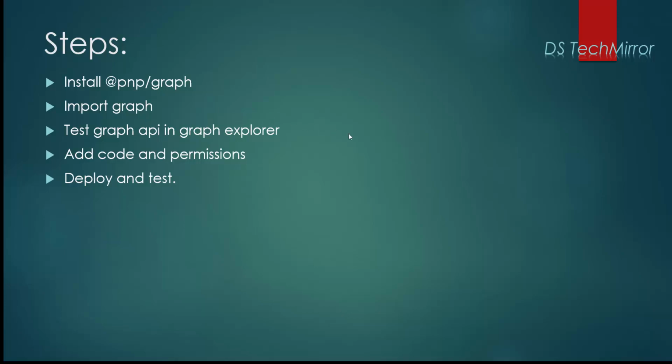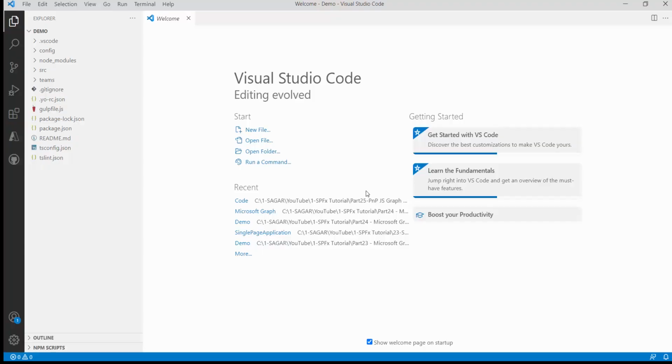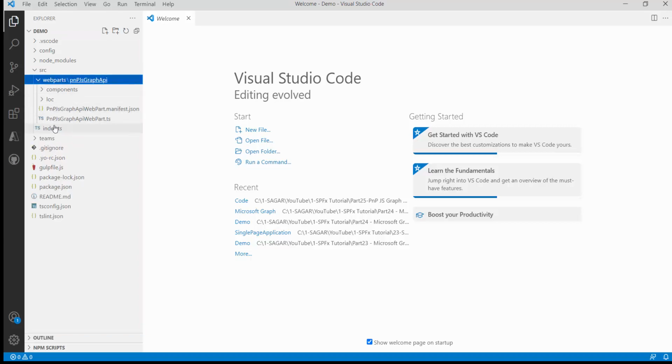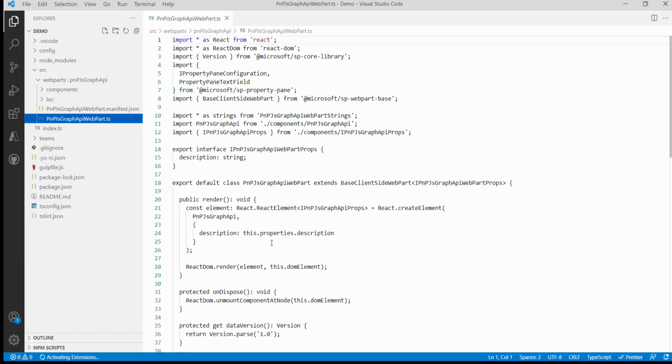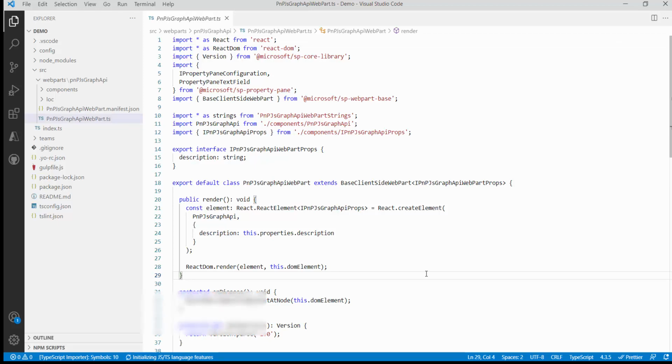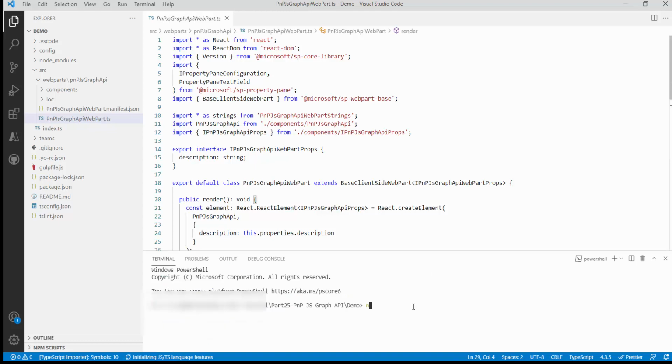So now I will move to VS Code directly. I have already created one blank client-side web part solution using SharePoint Framework with React. So my solution is ready, and I will directly start working on it. Before that, as I told you, first of all I will be installing the Graph API. So I will open the terminal, and in the terminal I will run the command npm install